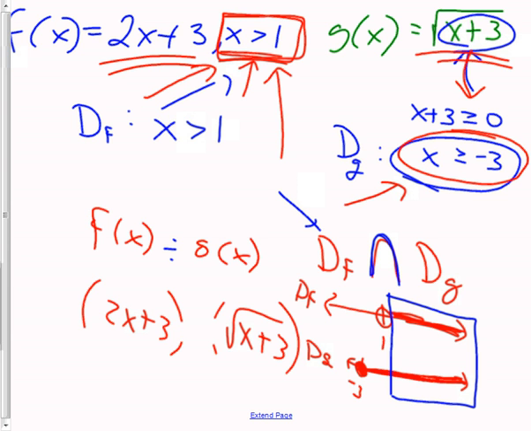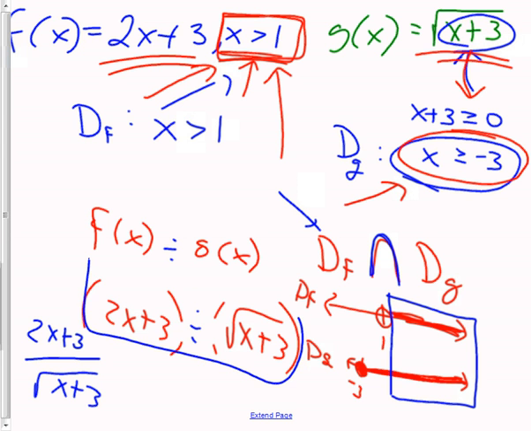F divided by g, this is f, this is divided by g, and granted you sometimes see that in a big fraction. They'll write like 2x plus 3 over square root of x plus 3, like that. That's the same exact thing as this though. So really nothing's changed yet. So why is there any difference? In divide,